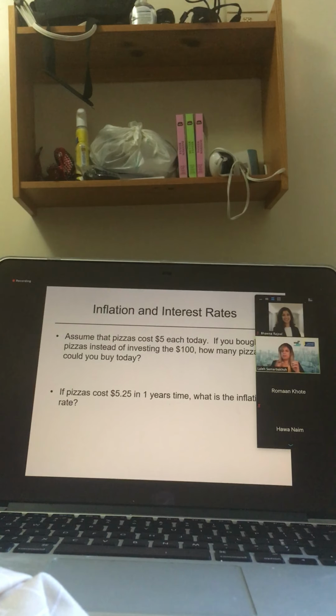So basically, we want to see the value of money for immediate consumption. So that's $100. What if I immediately consume it? How many pizzas can I buy today? How many is that? 20. Good job, Luis. Asha, that's correct. That's 100 divided by 5, 20. Now, 1 year from now, the price of pizza is going to go up. It's going to be $5.25 in 1 year. Okay? So the question is, if the price today was $5 and it's going to be $5.25 1 year from now, what is the inflation rate? What is the rate of inflation?